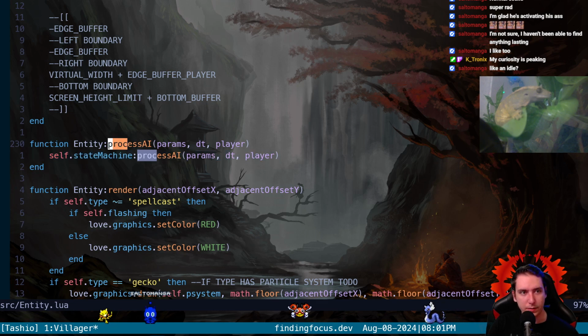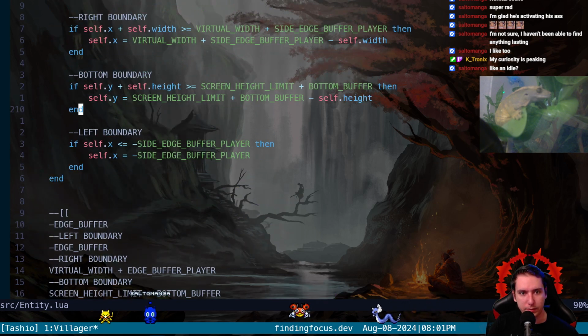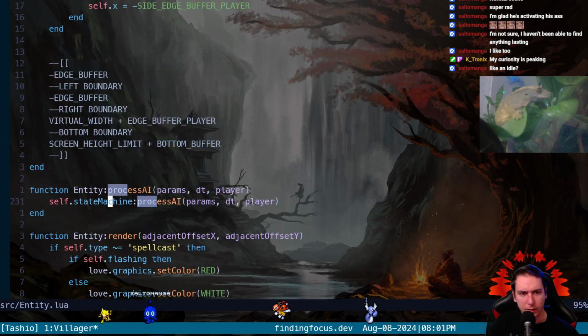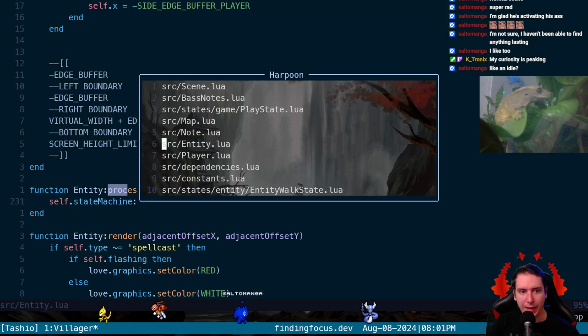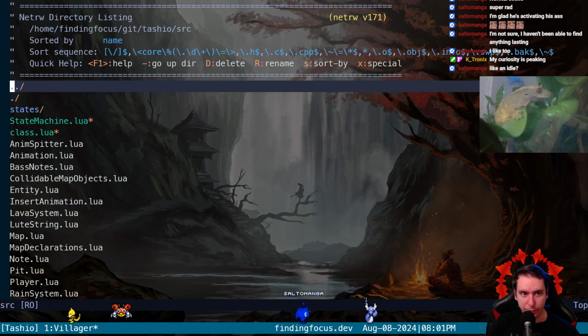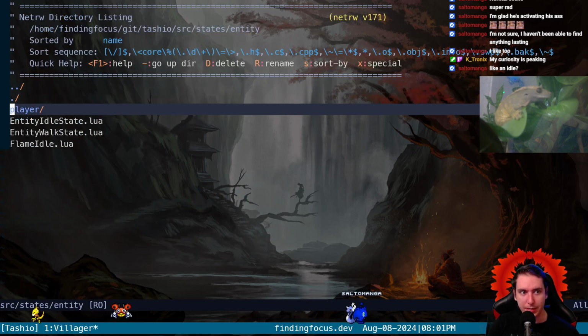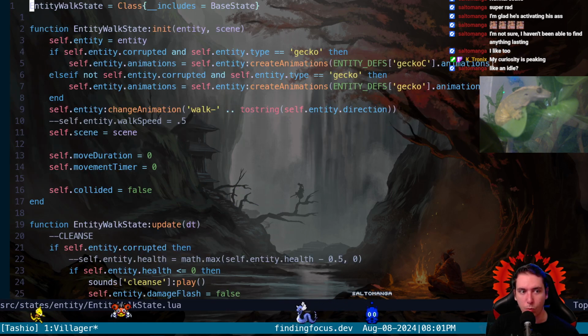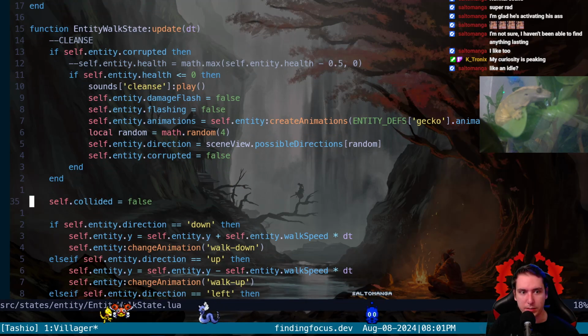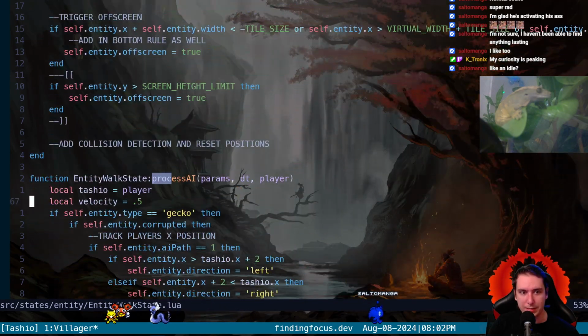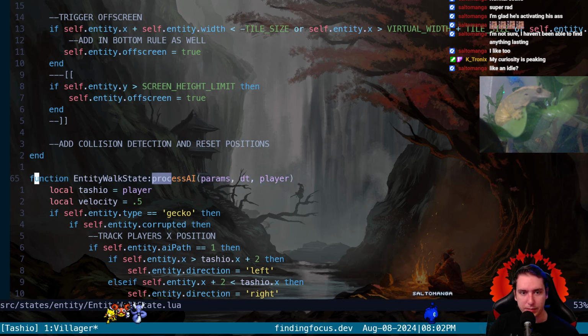I'm trying to understand how I did this again. The state machine has a process AI. So if we look at the entity idle state, for example, we can see what the process AI does for the entity walk. So we have an entity walk state process AI that takes in a player, and see,